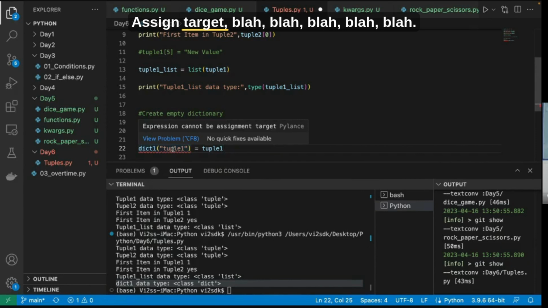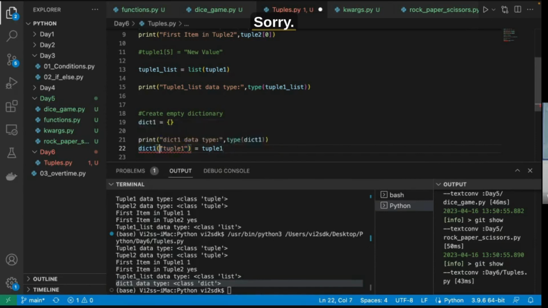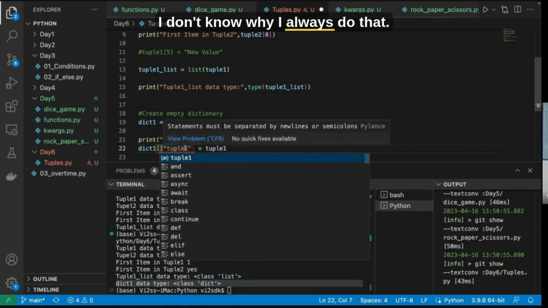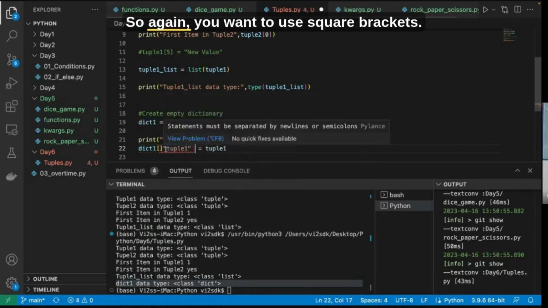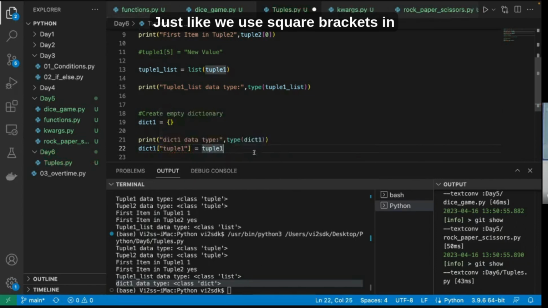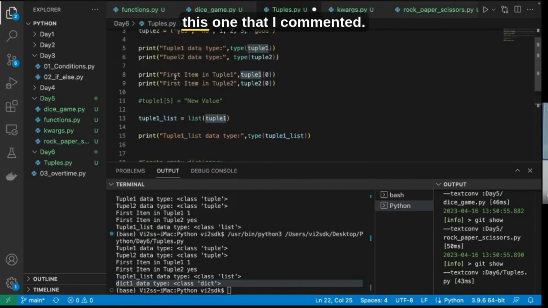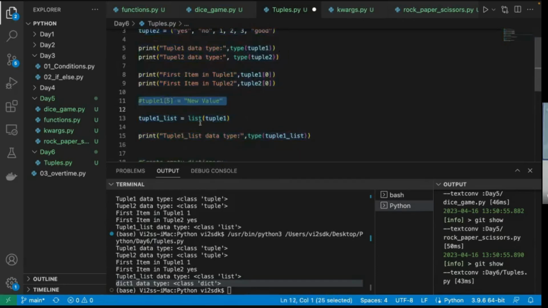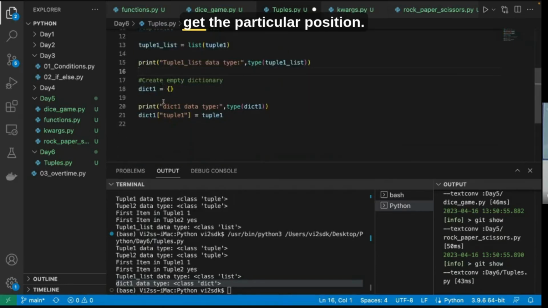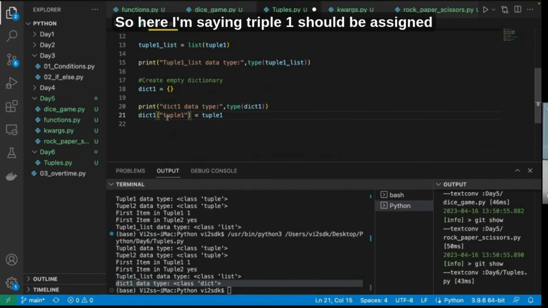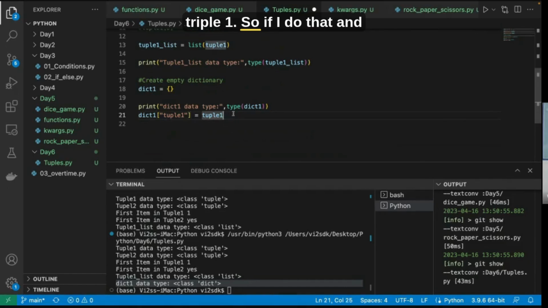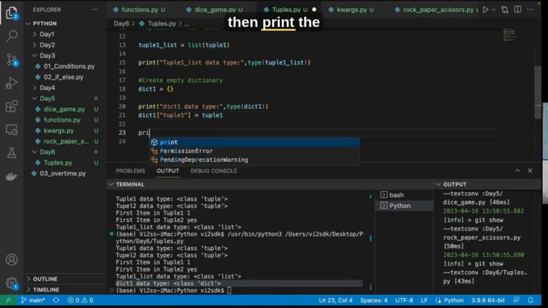Expression cannot be assigned. Sorry, I don't know why I always do that. So again, you want to use square brackets, just like we use square brackets in this one that I commented. Square brackets are used to get a particular position. In this case, the position is not necessarily a number. It could be any data type. So here I'm saying tuple 1 should be assigned tuple 1. So if I do that and then print the dictionary